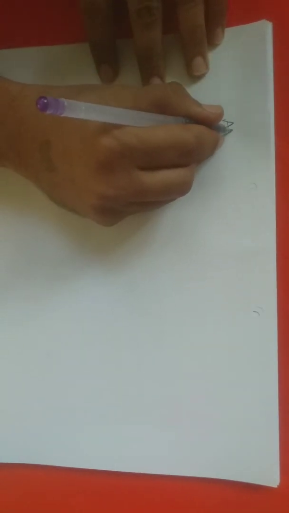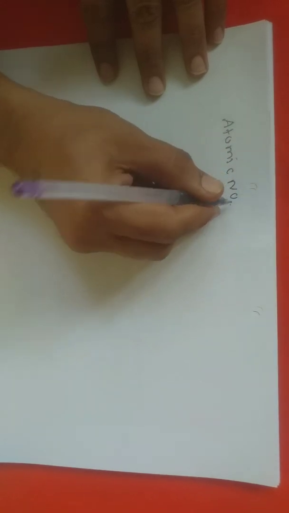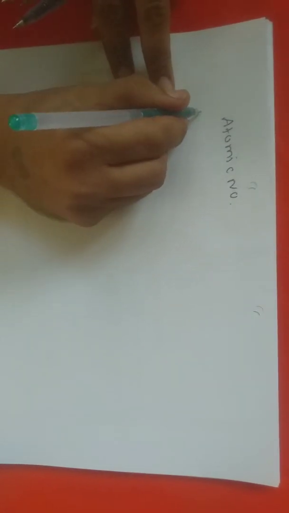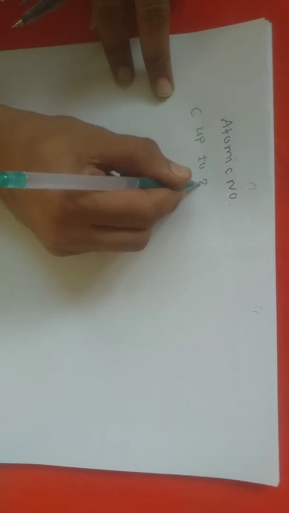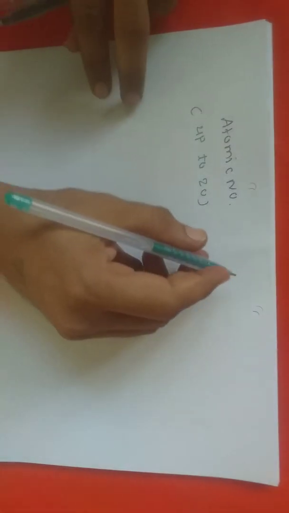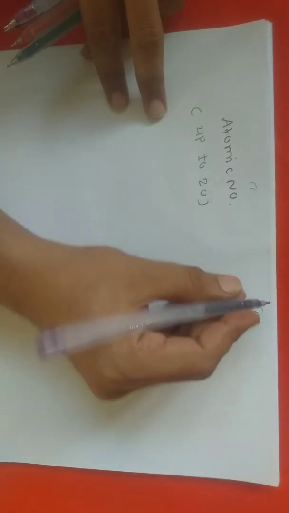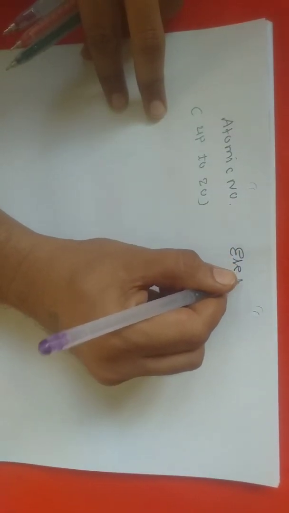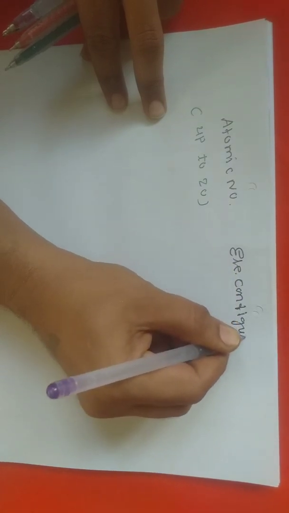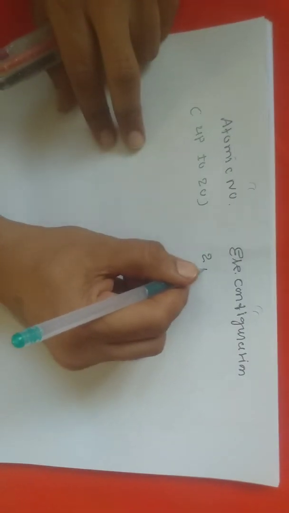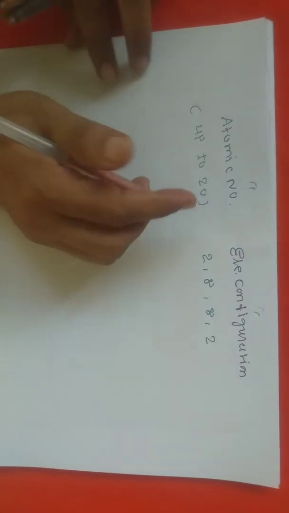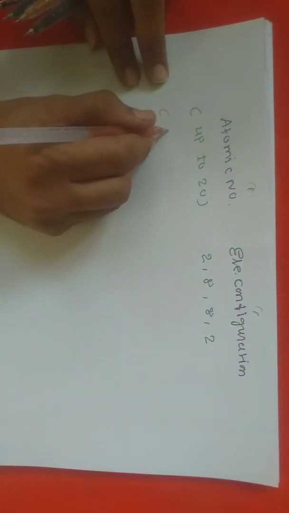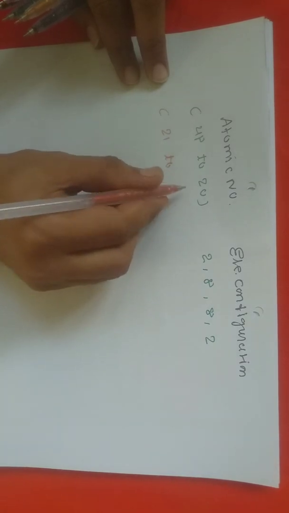For example, if your atomic number is from 0 to 20, so you can say up to 20, then the electronic configuration that you have to follow, I'm writing here, is 2 8 8 2. If your atomic number is from 21 to 38,